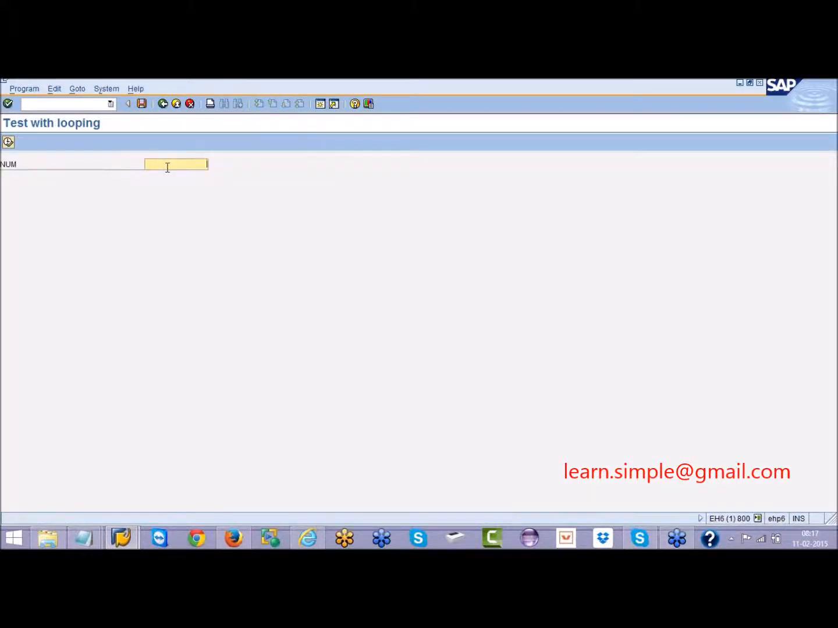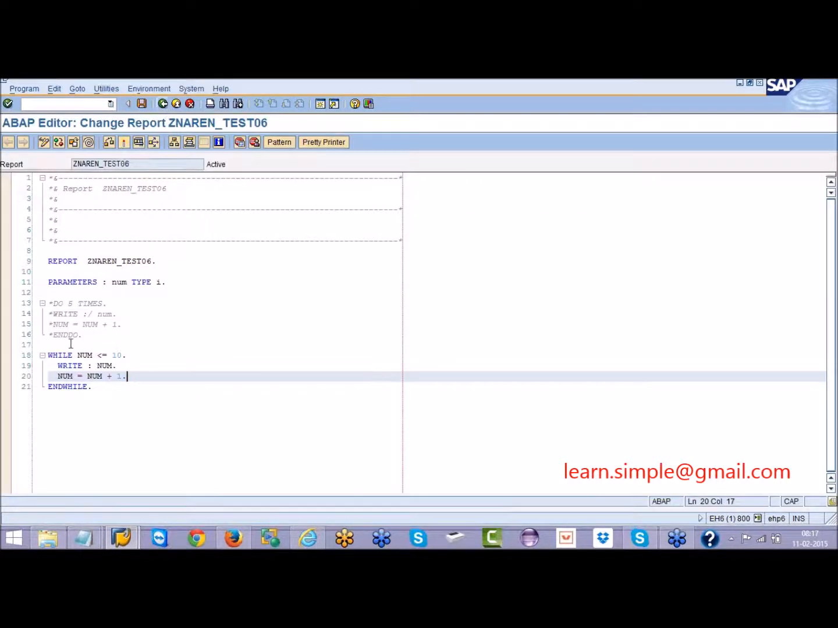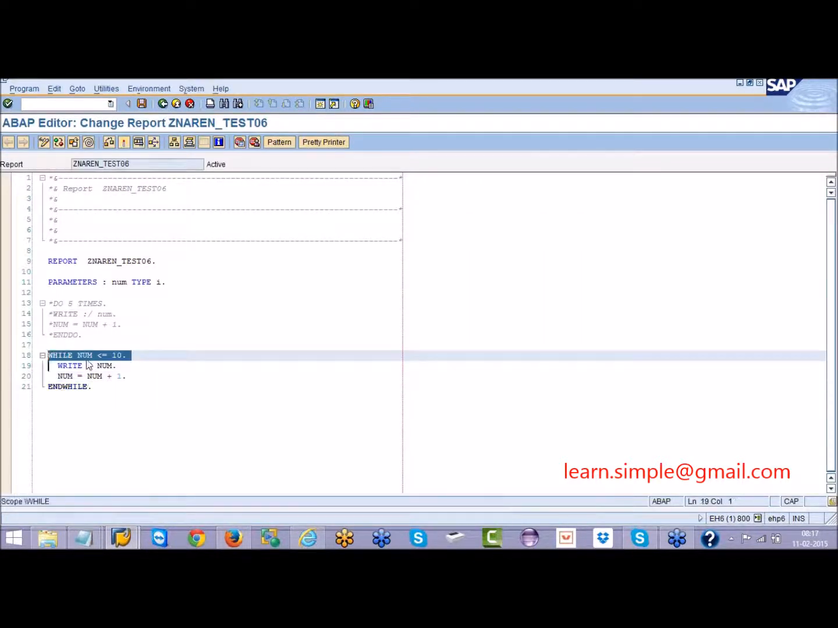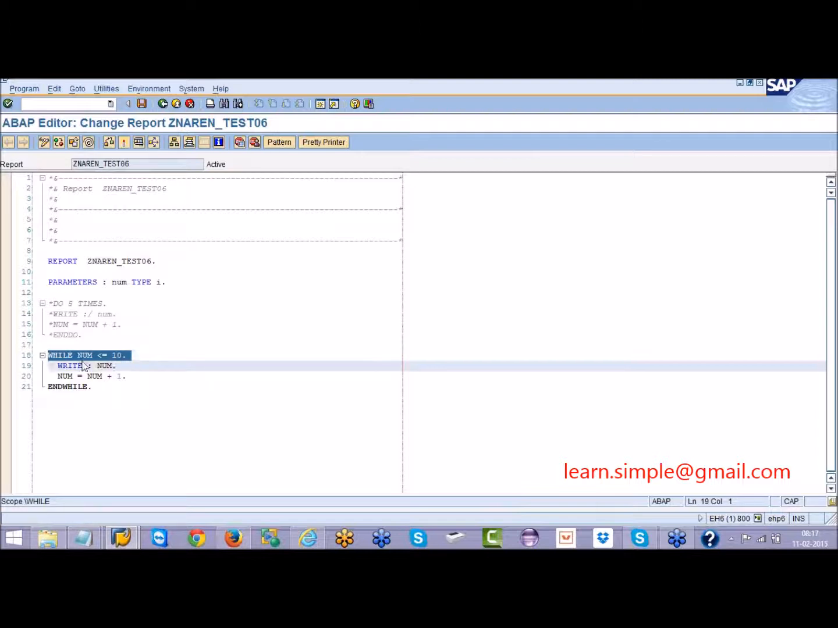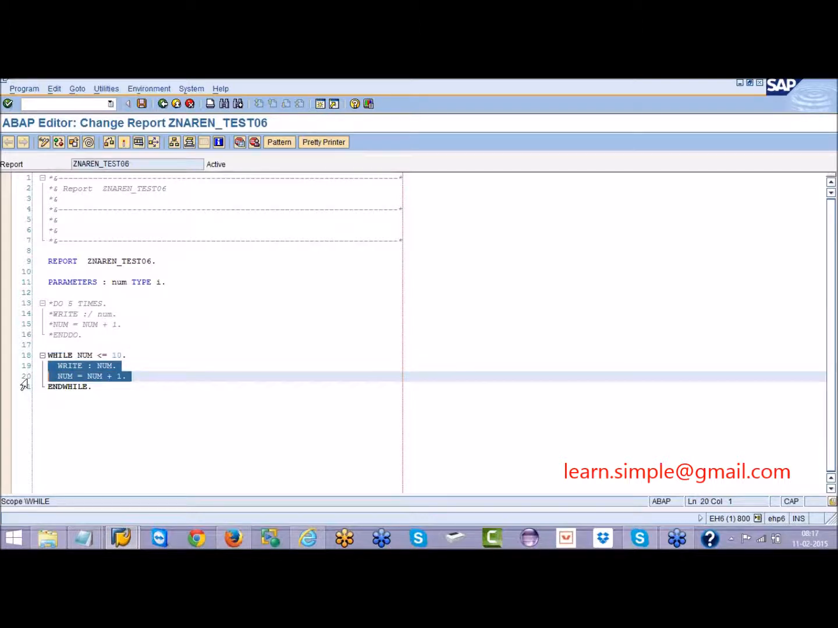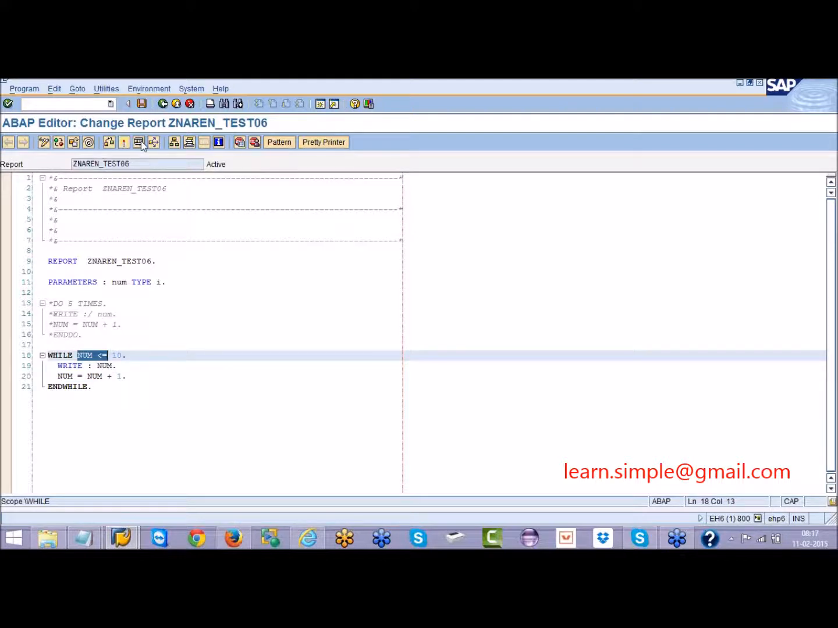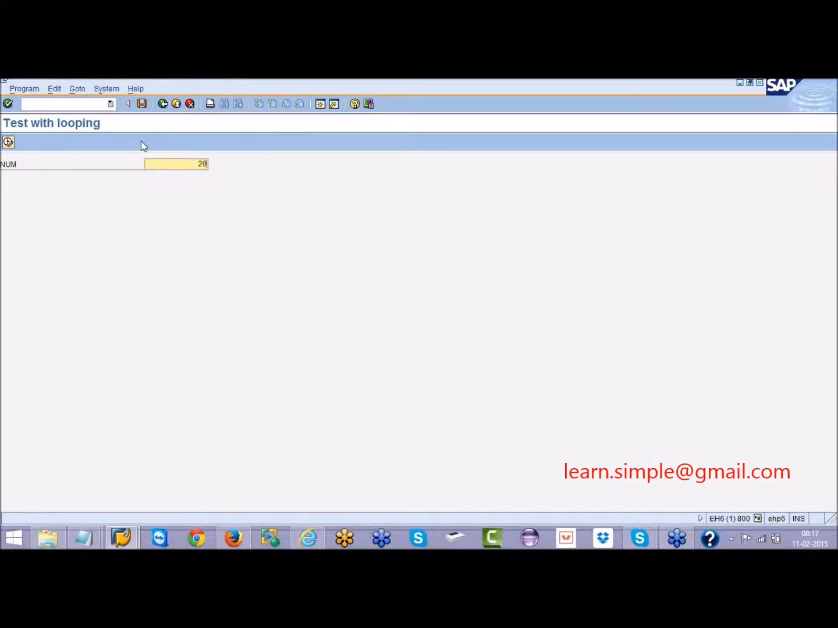I have given some value here, say 5. So what is there in the number? In the number, 5 is there. So this while condition says number less than or equal to 10, that is, 5 less than or equal to 10, whether this condition is satisfied. 5 less than or equal to 10, yes. If this condition is satisfied, it will execute the statements inside. If this condition is not satisfied, say for example in the input screen you have given 20, then what